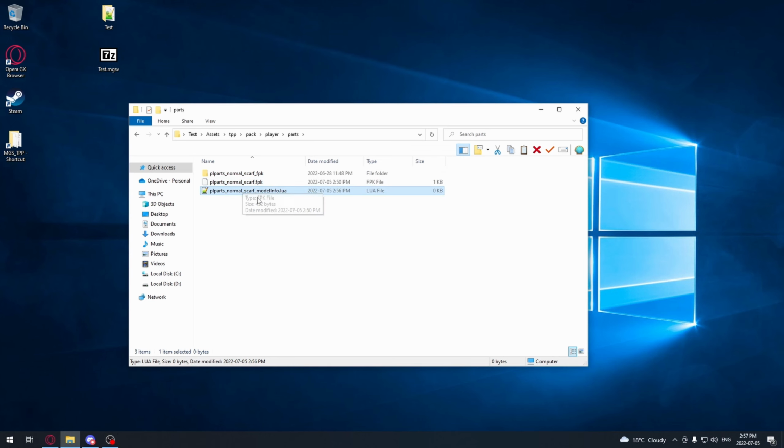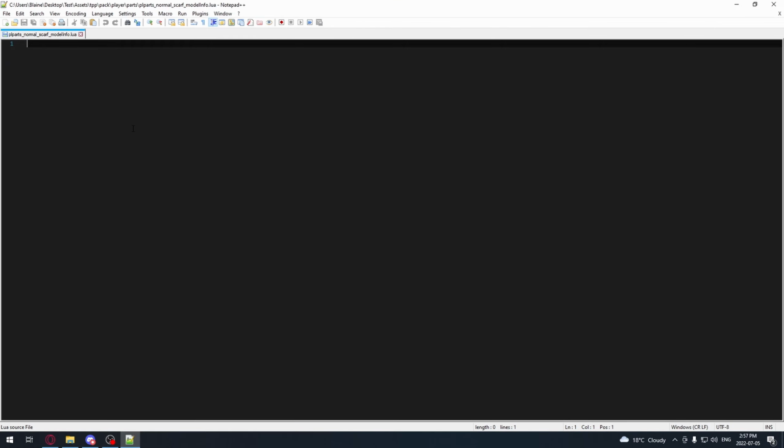And then from here we're going to open this up, and we're going to have to do a little bit of basic Lua scripting. I promise it's not too complicated, so you should be able to do this even if you're not familiar with Lua at all. So what you have to do for this is put local this, and then equals, and then you want to put an opening curly bracket followed by a closing curly bracket,